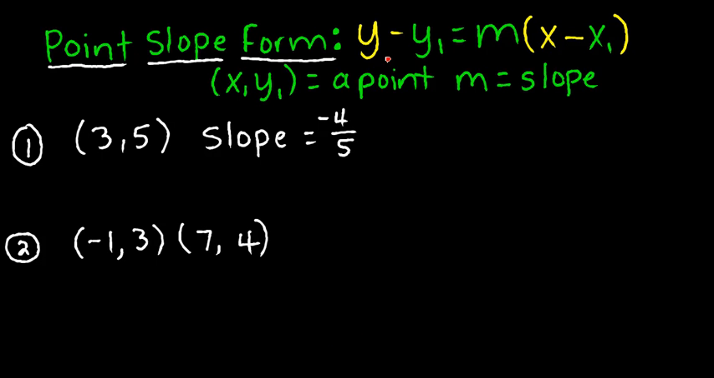The general format for point-slope form is listed up here in yellow and green, and it reads y minus y1 equals m times x minus x1. Now, the x and the y that are in yellow are going to stay as part of the equation. You're going to replace the m with your slope, and you're going to replace the x1 with an actual value from a point, and you're going to replace the y1 with the y value from the same point